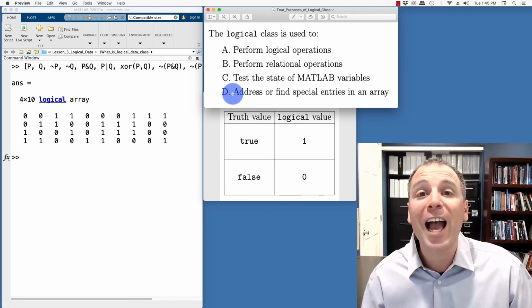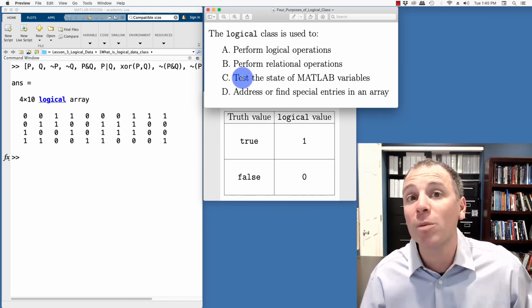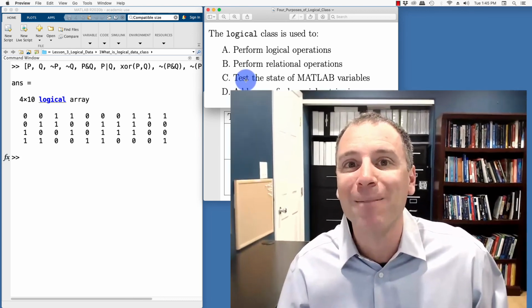Hopefully you're noticing how nuanced this particular data class is and how powerful it is in terms of testing statements in MATLAB. That leads us into our community challenge of today. In the comment section below, please post your ideas about how NAND, NOR, and XNOR operations show up in applications. Those are rich subjects. You can write your own ideas or provide links to authors that have good insights into those logical operations. I always welcome your questions, comments, concerns, and feedback.